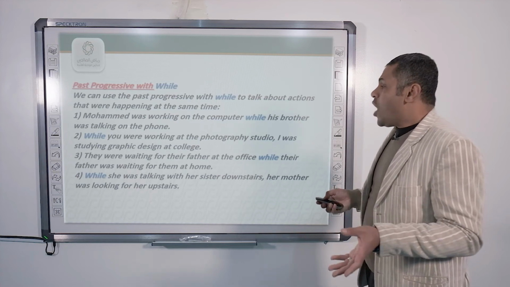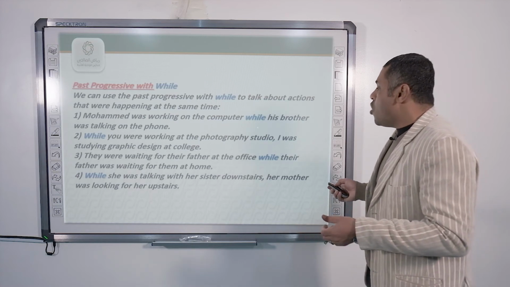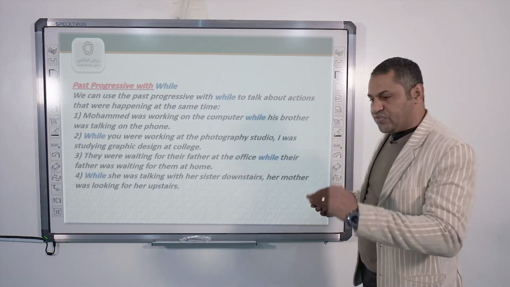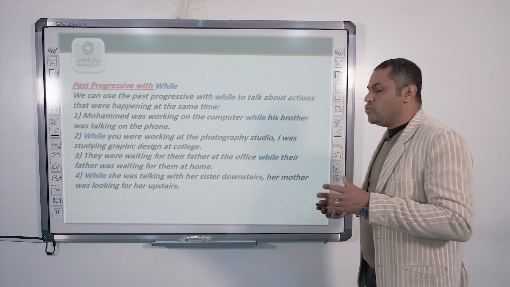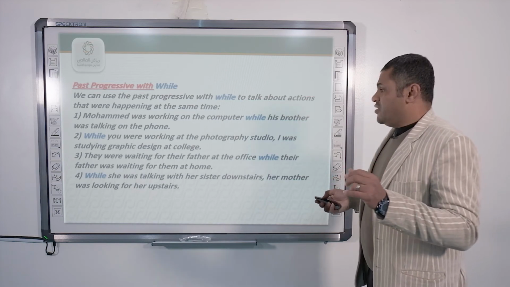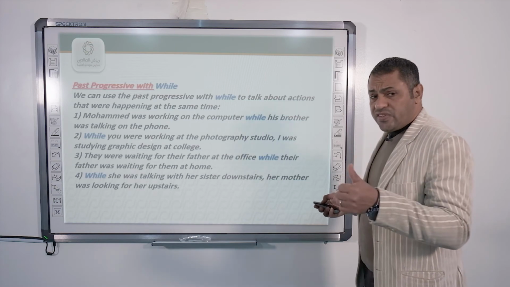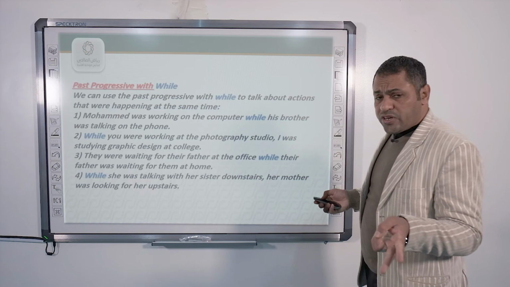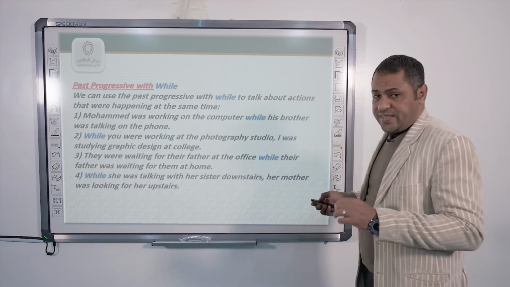ممكن أقول Muhammad was working on the computer while his brother came back home. عندما عاد أخوه، يبقى ده حدث فجأة. Okay, so we can use while with the two sentences in the past progressive. نستخدم في جملتين ماضي مستمر، or one in the past progressive and the other one in the past simple. Okay,